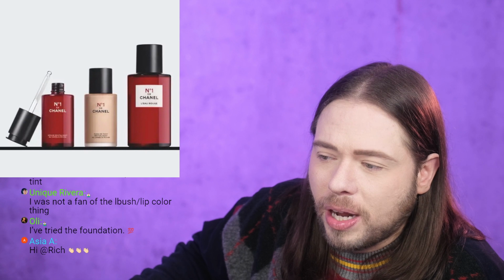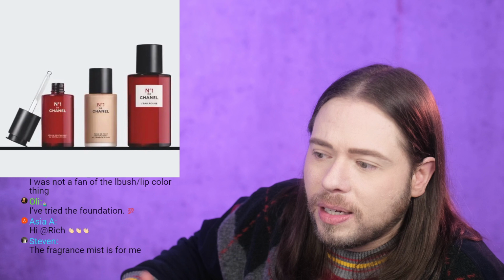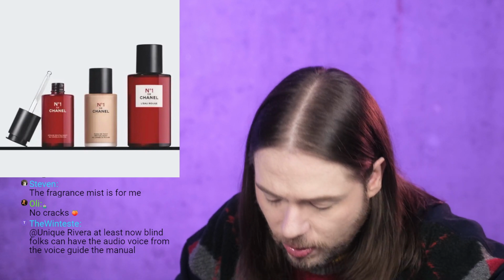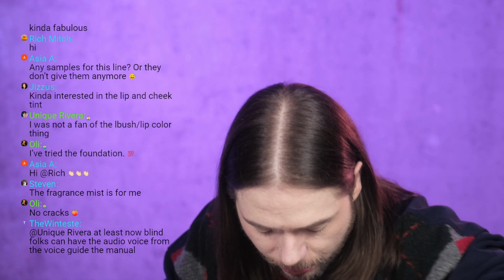So here's another little photo that Chanel is showing us of 3 products. Again, we've seen it again. The elixir thing, or the serum, foundation, and the perfume. So that's it, right? That's the 4th photo. I wanted to show you quickly. So what I feel...